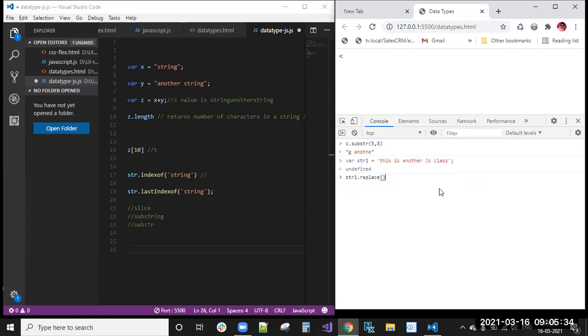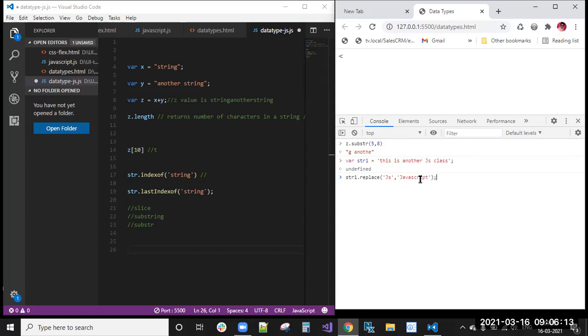Replace is one method that accepts two parameters. In this complete string, one part can be replaced with another string. Here JS is not looking good, so instead of JS I want to give JavaScript. So that string, JS comma, in single quotes, and then JavaScript.